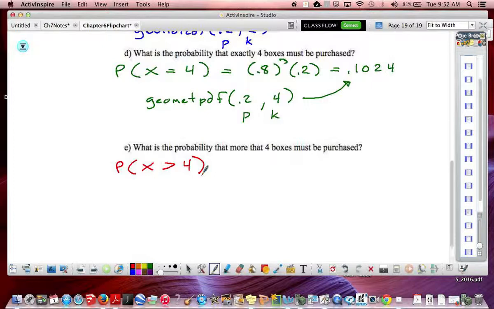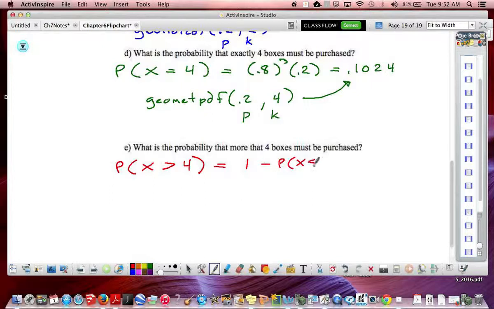Can I do that straightforward? No, I'd be calculating on forever. So, is there another way that I could think about these? What should all the probabilities add up to? 1. So, if I do the complement, 1 minus,